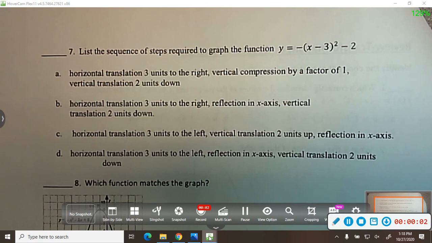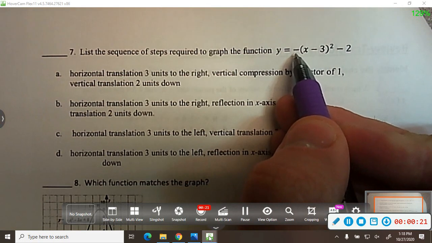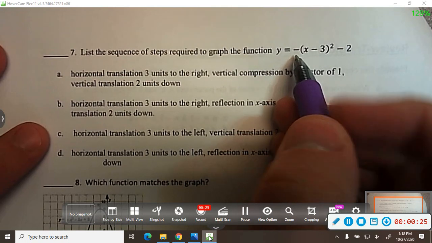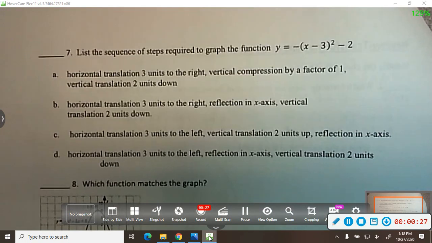So we're going to list the sequence of steps required to graph negative in front, x minus 3 squared minus 2. This is what we call vertex form. And each of these has different properties. The negative flips it over. So what the negative does, and I'll highlight it, the negative